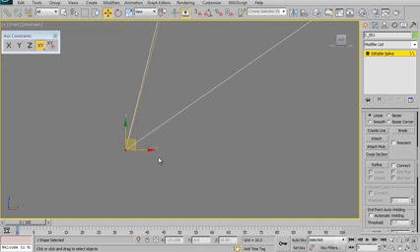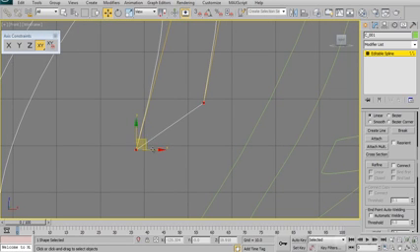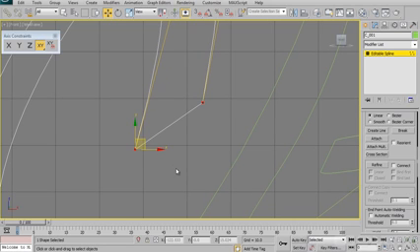So here's a little trick. What you need to do is hide this axis, this gizmo. And the easy way, the hotkey for that is X. So if you hit the X key, no longer do I have that gizmo. And if I click in here, I can grab